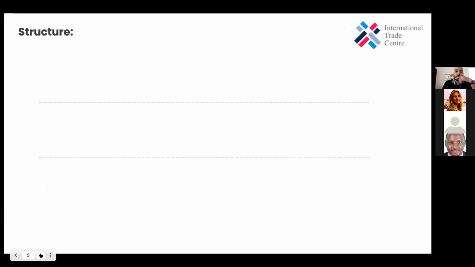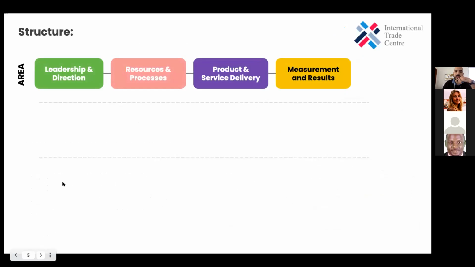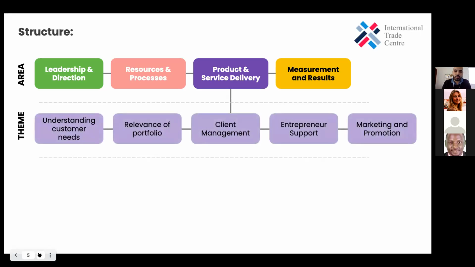So we have these 4 different areas. These areas are actually the same for other self-assessment and benchmarking tools ITC uses. But then we did some work to tailor the themes of each of these areas to be more language appropriate and also more aligned to the context of hubs who are supporting entrepreneurs.